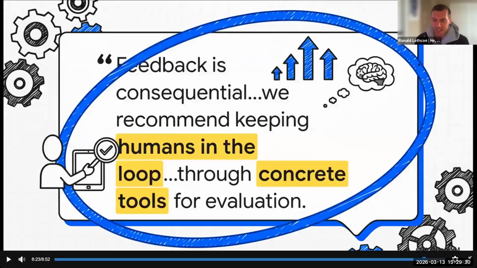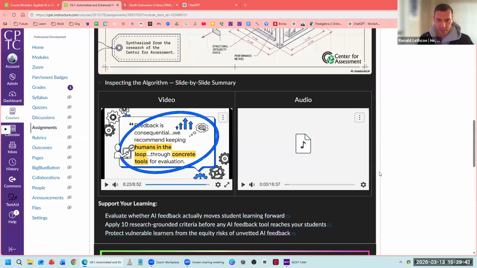I thought it was kind of ironic they're talking about keeping humans in the loop, and they got a big loop here that they can't quite fit all of the text in. So, not perfect, but I think enough for us to get a sense of the importance of making sure that